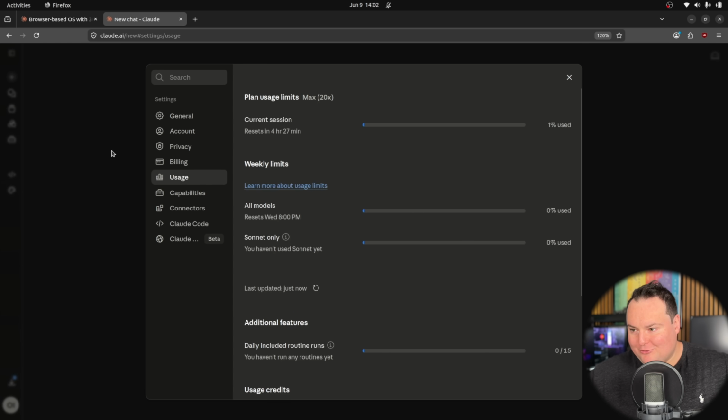Something I want to mention as well that I'd forgotten to is usage limits for this. This is the $200 or the max 20x plan. As we can see right here, we're starting from a completely blank slate on this $200 a month plan. So I just want to show that so we can return to this at the conclusion of the testing to see how much is used up. I would hope that we use all of this up and then have to transition to API, but this is definitely something I wanted to specifically note for this test.